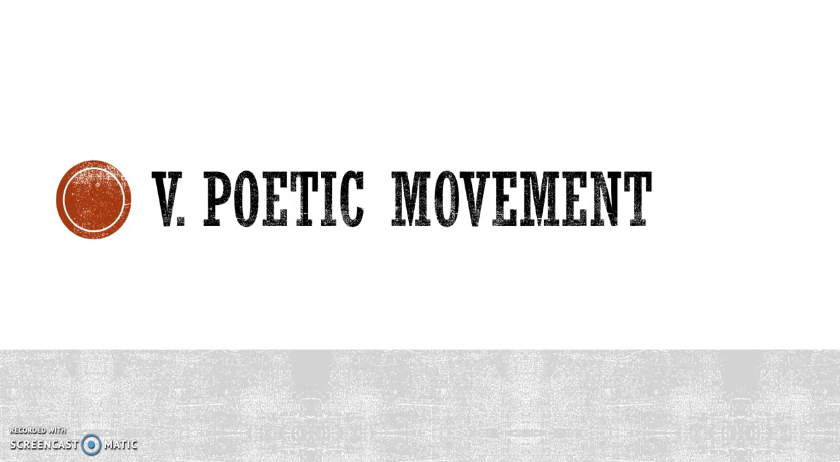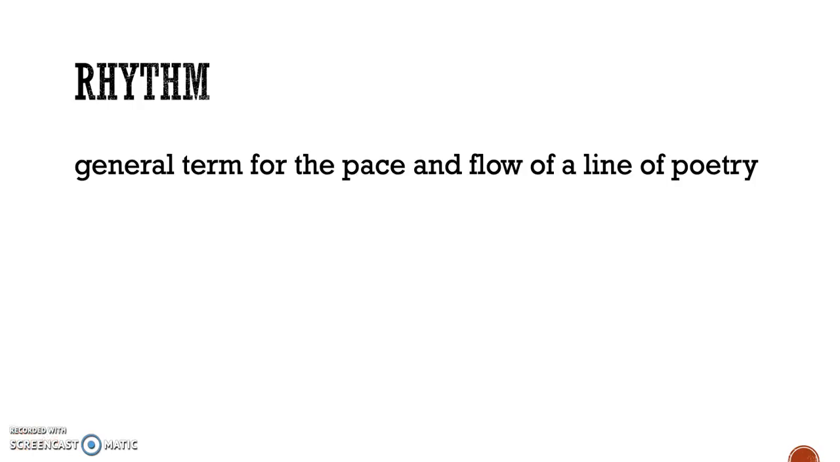This is continuing on with our poetic literary devices. We are on part 5, poetic movement. And there are two basic parts. Our first term is rhythm, and this is the more general term for the pace and flow of a line